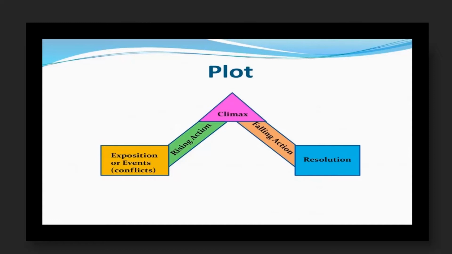Plot. My dear children, let's look at the plot. Plot refers to how the story is told. Plot is about how and at what key stages the key conflicts are set up and resolved. In every story, we find these common elements: exposition, rising action, climax, which is the turning point of the story, falling action, resolution. And they are organized according to this story mountain.